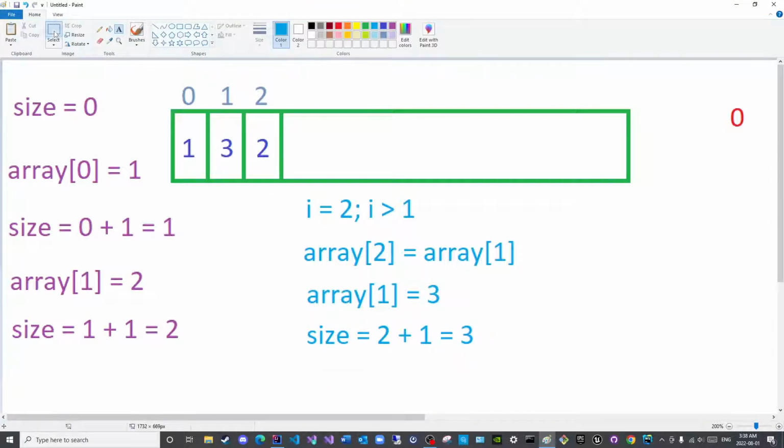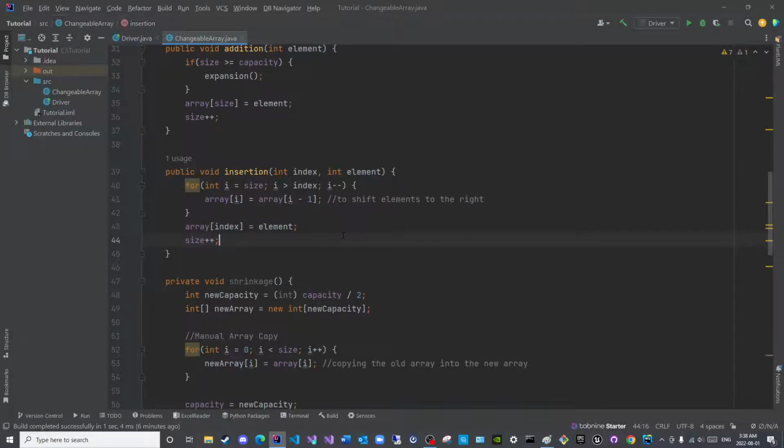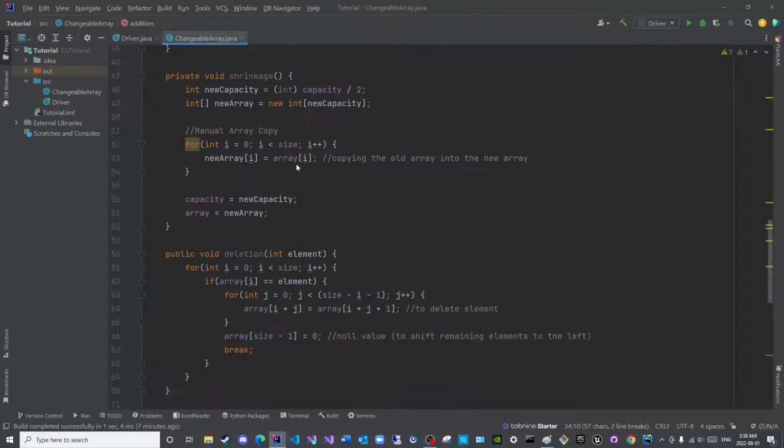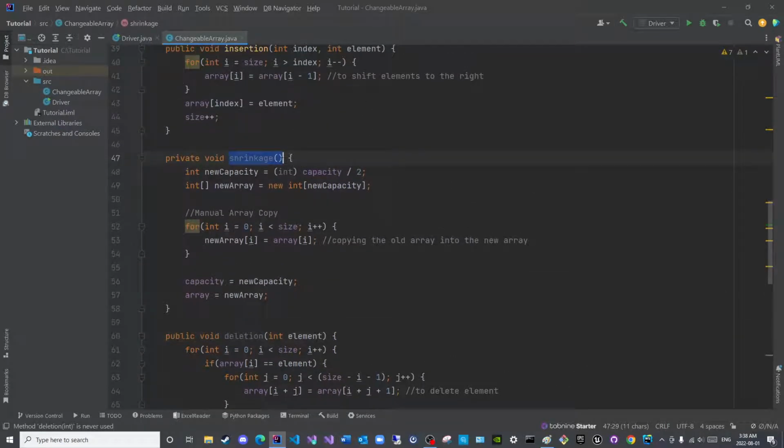So now the new size is 3, which matches this. So now we have 3 numbers. Okay. Now let us test the expansion, and then we can test deletion